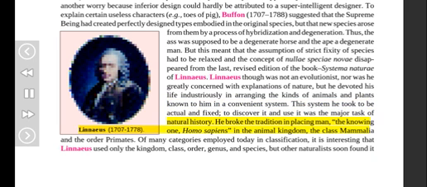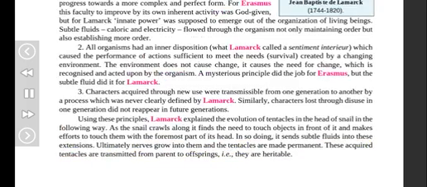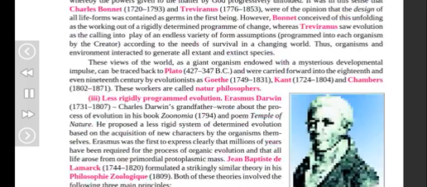He broke the tradition in placing man, the knowing Linnaeus, 1707–1778, Homo sapiens, in the animal kingdom, the class Mammalia and the order Primates. Of many categories employed today in classification, it is interesting that Linnaeus used only the kingdom, class, order, genus, and species, but other naturalists soon found it advantageous to divide the animal and plant kingdoms into phyla and to divide orders into families. However, when Linnaeus established his idea of species, he created a dilemma,